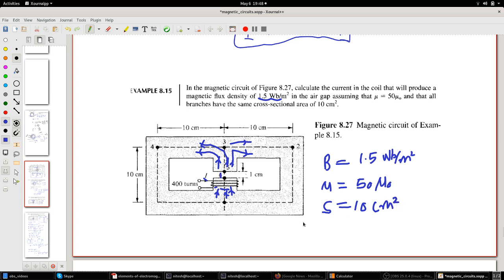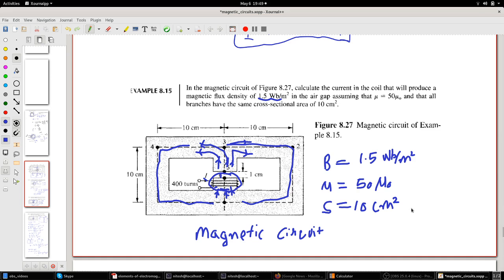What you will have to do, first step, is to create a magnetic circuit out of this particular device. The rule states that, when we looked at the conversion, we have to replace the coil with an equivalent MMF, and the core will be converted into a reluctance. This core will be redrawn as a reluctance. This coil will be redrawn as a supply with an MMF of N into I.